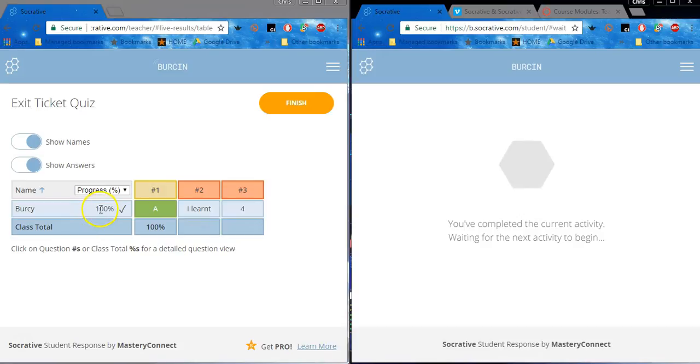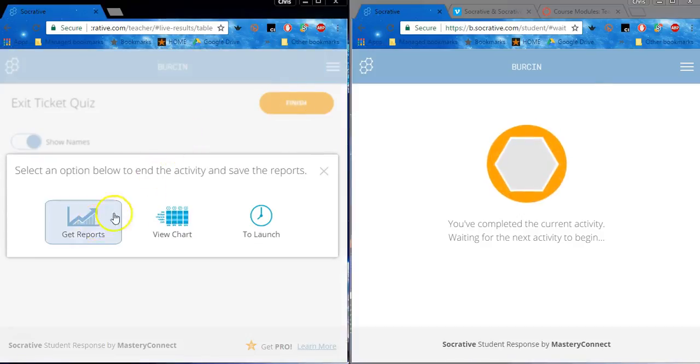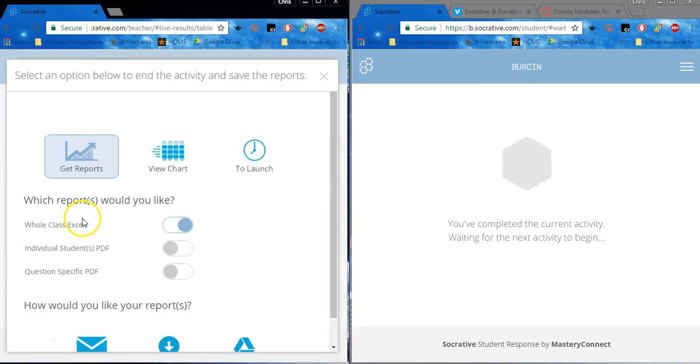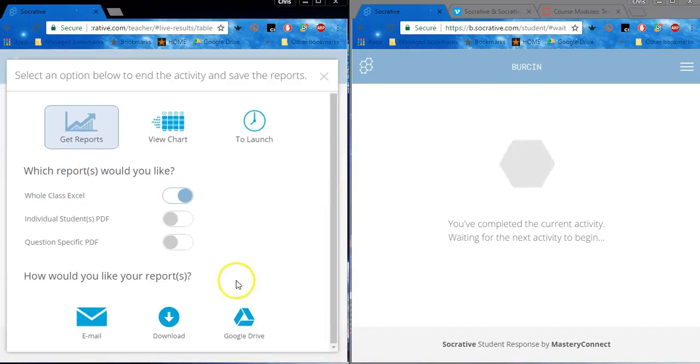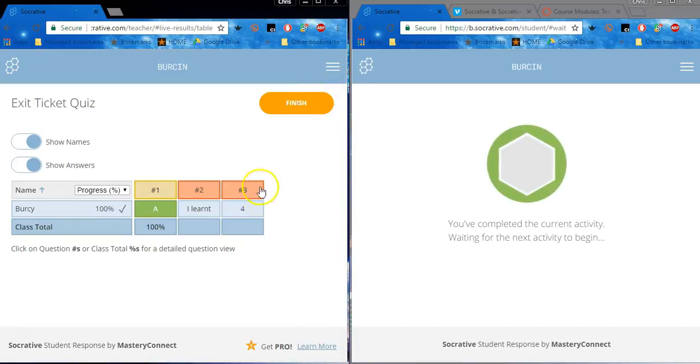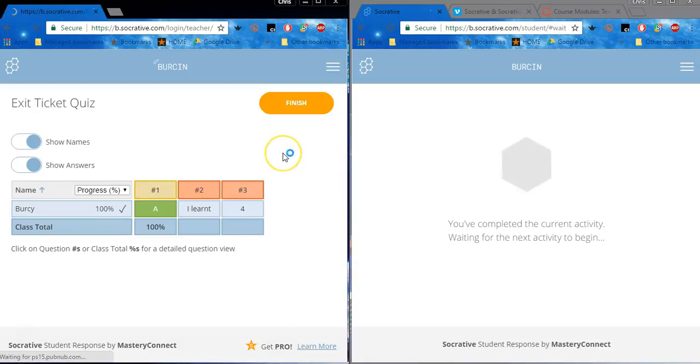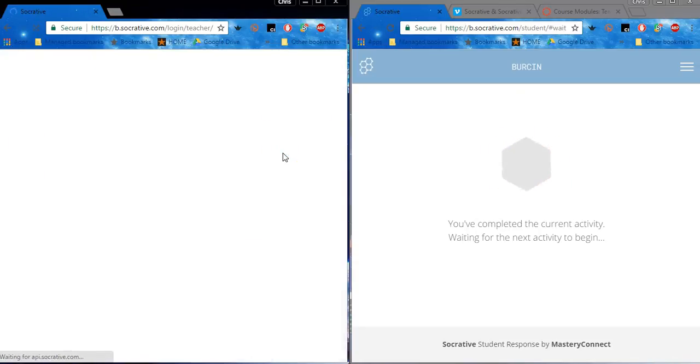When you're finished and you have a whole class's worth of information, you can decide to get the reports, or have a look at it right there. Getting the reports will download it for you, or you could just forget the whole deal and go back to launch, and I've seen everything I need to see. If you want to get the reports, you can download it, or you can go straight to your Google Drive, and then you can see what kids have written. But I find it's a really good way to get instant feedback from the kids,